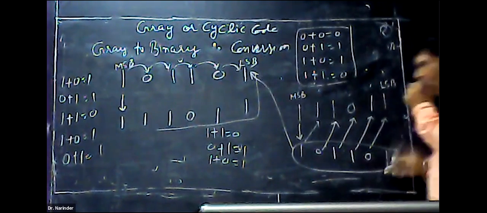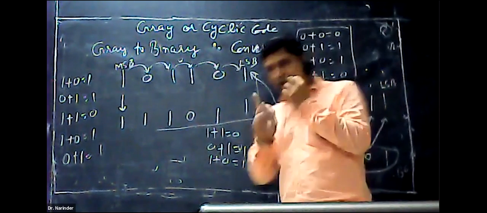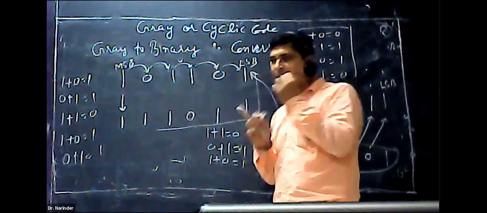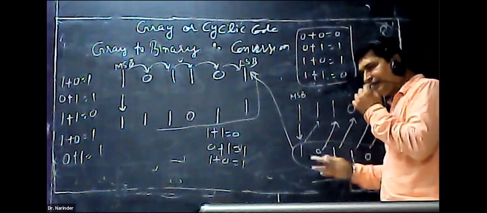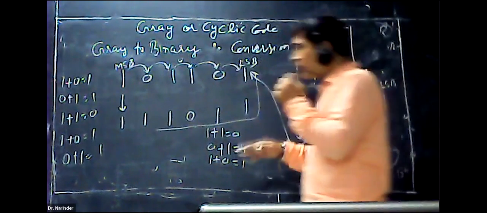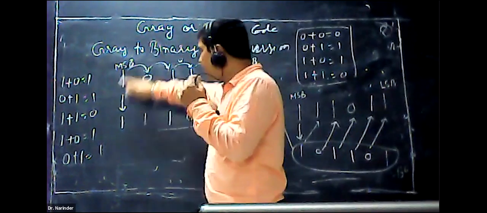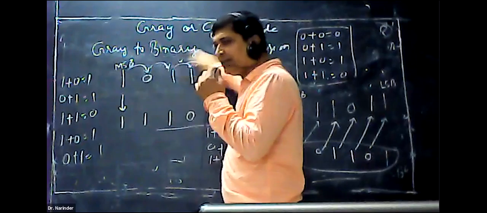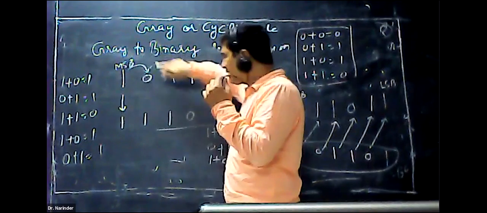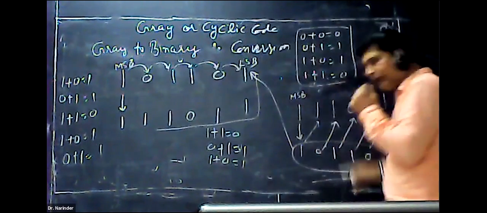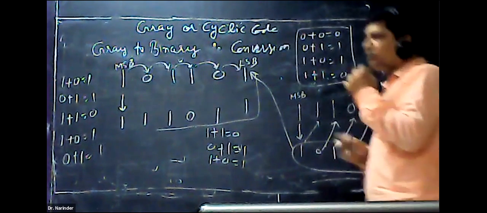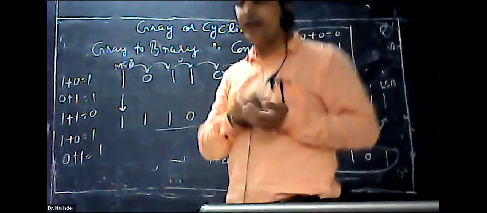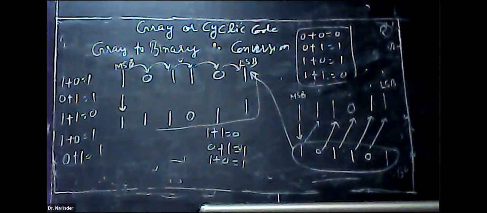101101. So how can we convert gray code to its equivalent binary number? You have to add diagonally. Remember this: if you have to convert binary to gray code, you have to add cyclically. This should be in the cycle. In gray to binary, it has to be diagonal. In this way, we can convert binary to gray and gray to binary, vice versa.